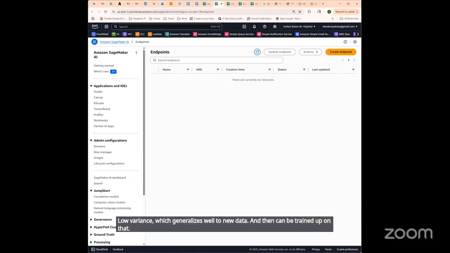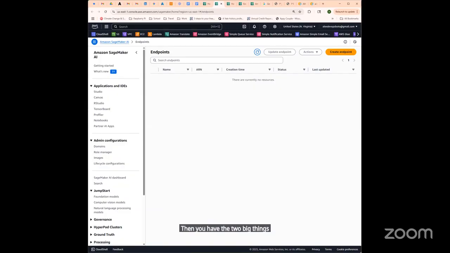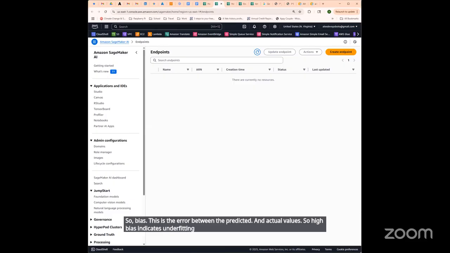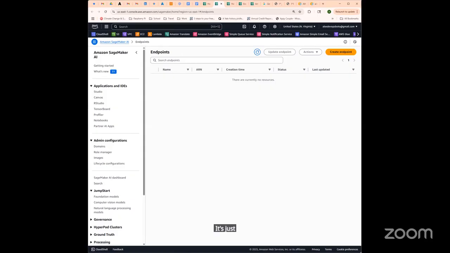Then you have the two big things, bias versus variance. So, bias, this is the error between the predicted and actual values. So, high bias indicates underfitting, meaning it's not really tuned well to that. So, that model that's too general is just not tuned well enough to something like baking or DevOps. Then you have variance.